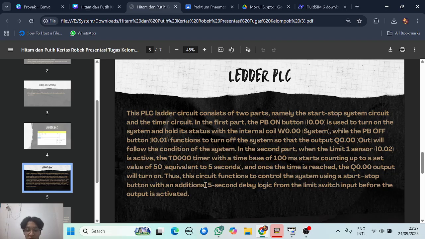Thus, the circuit functions to control the system using a start-stop button and an additional 5-second delay logic from the limit switch input before the output is active.